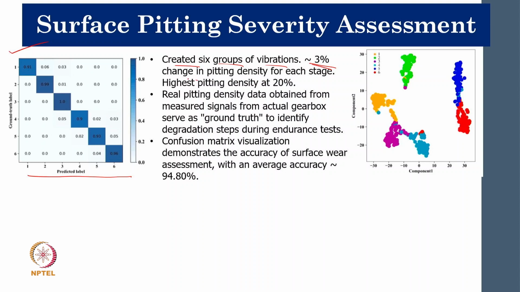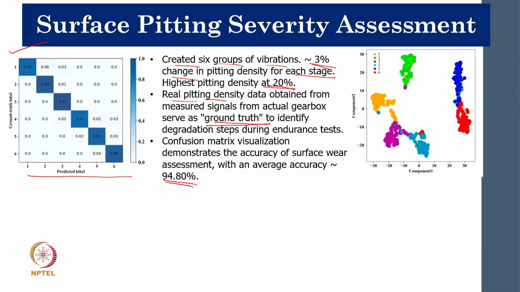So a 3% pitting density, then 6%, then 9%, then 12%, and finally they kept the upper limit of the pitting density at 20%. After that, the gear needs to be changed. So this has been done. And whatever physical data they were measuring was finally given the name ground truth, to signify that it has come from a measurement and is not a simulated one. And they found an accuracy of something like